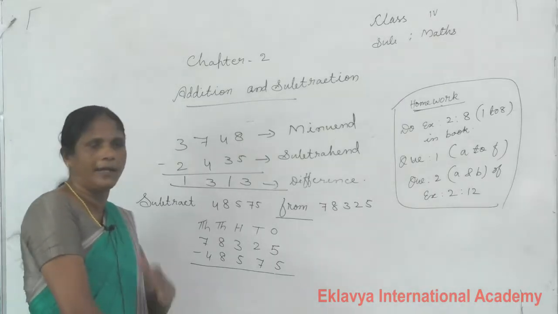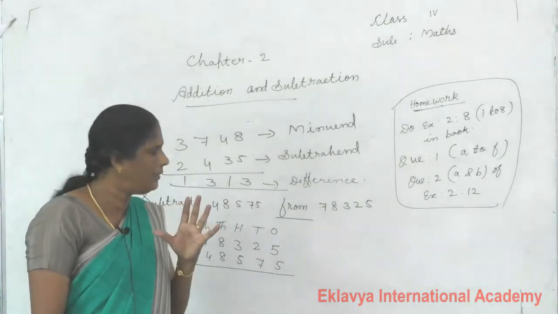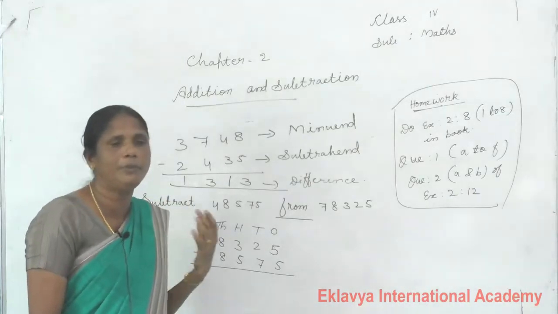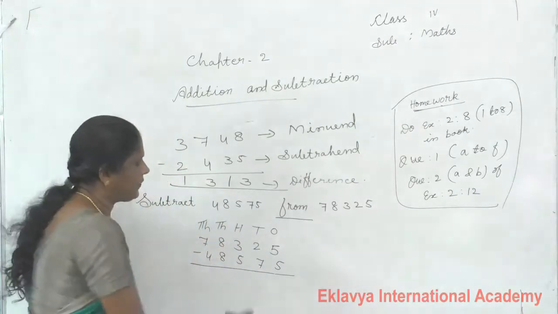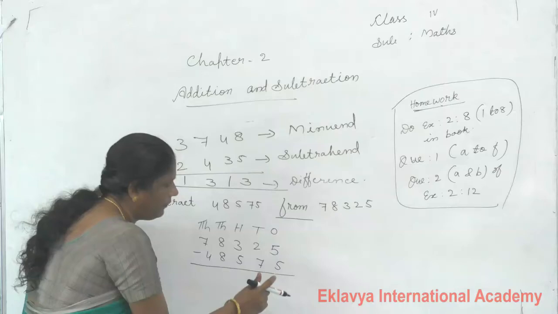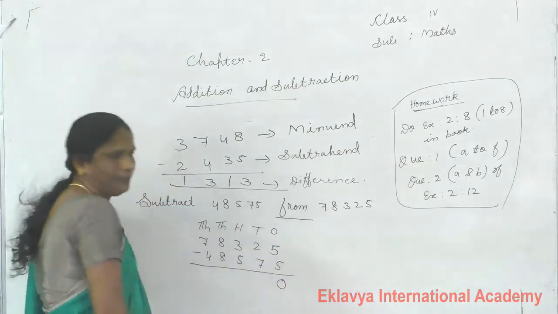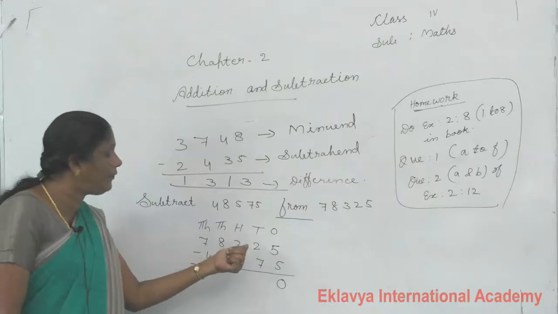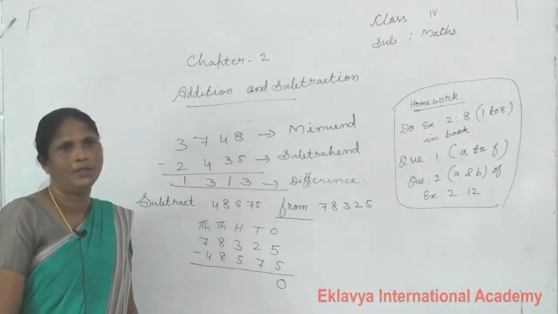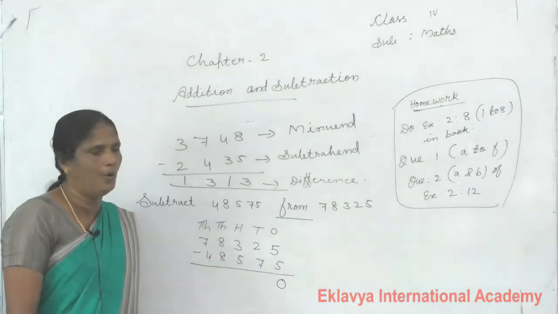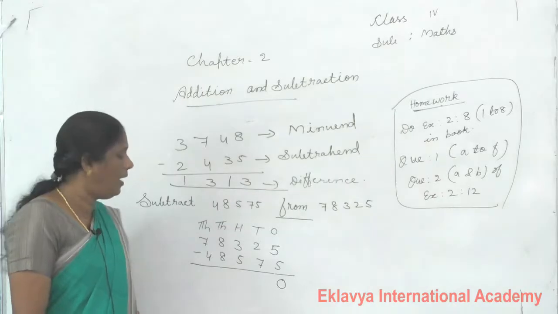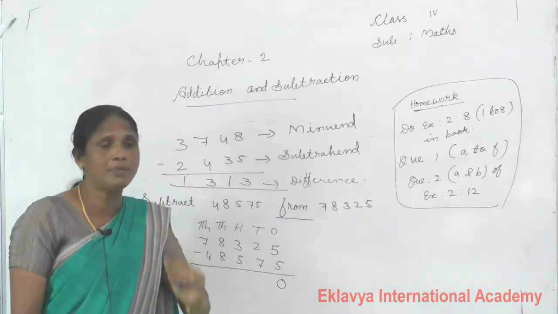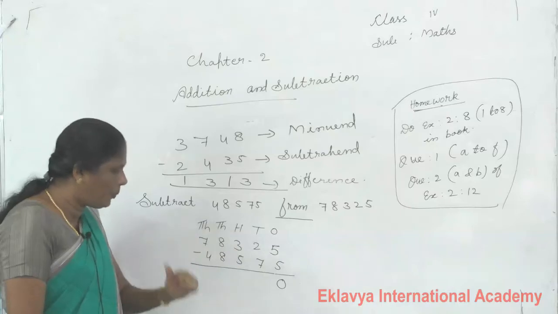What do you get? I have 5 toffees. Then these 5 toffees I ate. Then how many toffees are left with me? 0. Yes, 5 take away from 5, we get 0. Okay. Then 7 take away from 2. Is this possible? No. I have 2 toffees. How can you give me 7 toffees? No, this is not possible.